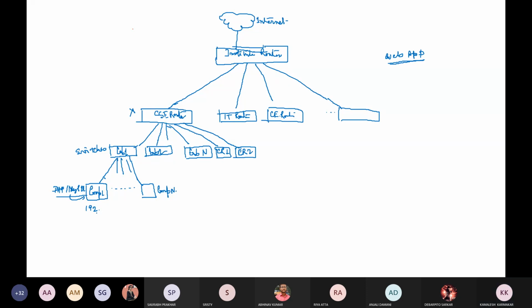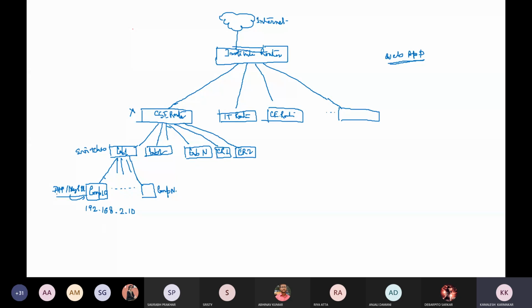Sir, 192. 192. Okay, say in computer 1, its IP address is 192.168.2.10. This is the IP address of this machine.